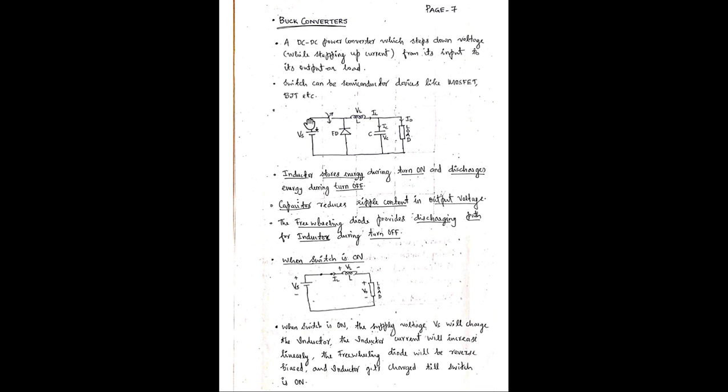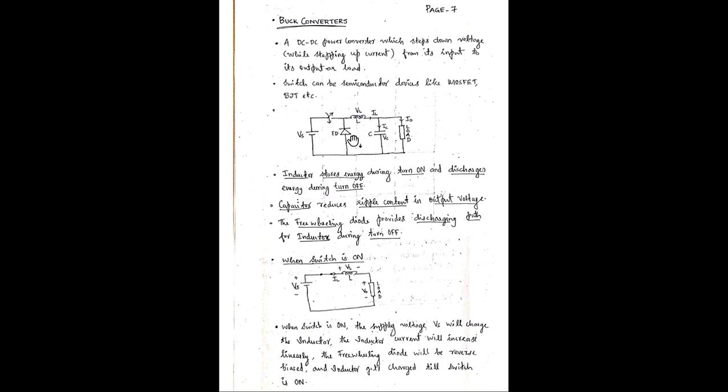That is, a source is there, here a switch is there, here an inductor, here a capacitor, and a freewheeling diode for discharging the inductor charge stored in the inductor during the turn off time. So the inductor stores energy during turn on, and it will discharge energy during turn off. When the switch is on, the inductor will be storing charge due to this Vs, and when the switch is off, the inductor will be discharging all the charge stored during turn on through this load